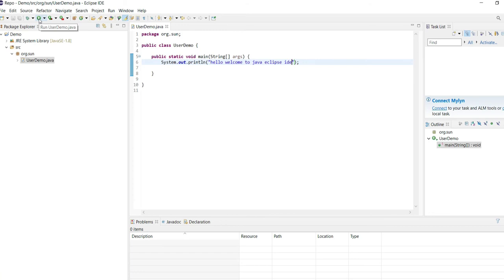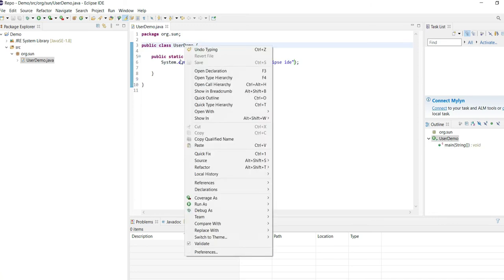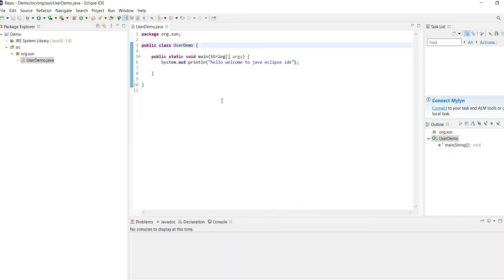Here, run user demo.java, which file is opened with main method, or you can right click this file, and go to run as, and from that you can use Java application, and you can run also. And whatever the log or anything, you can observe from the console.